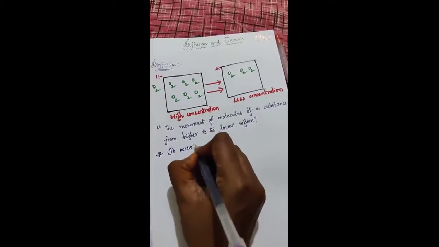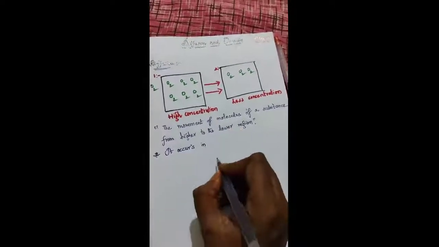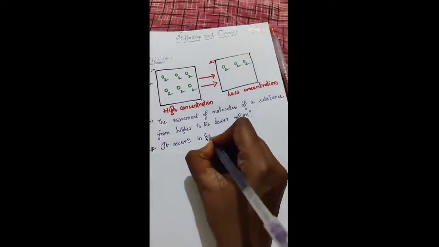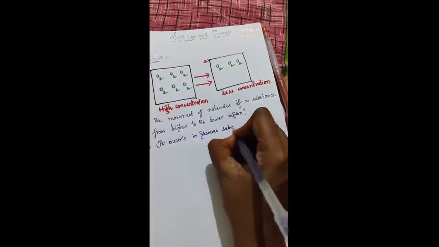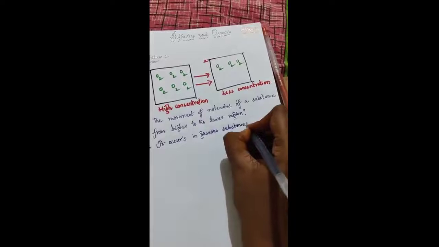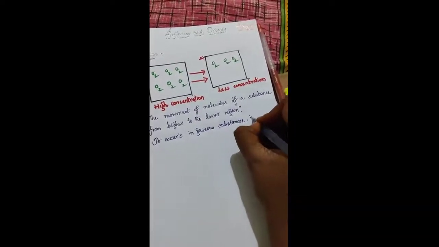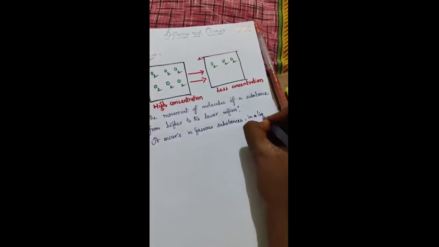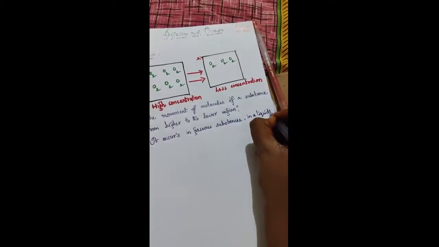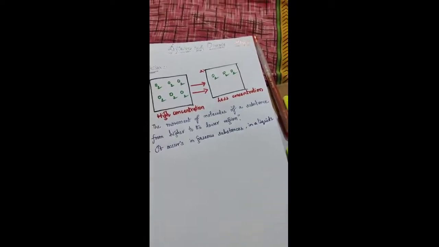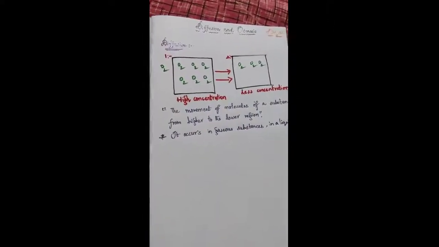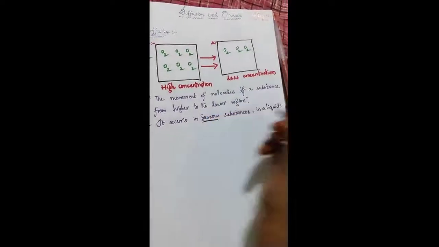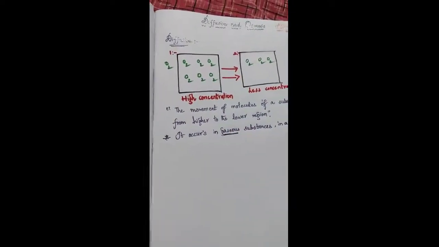mostly in gaseous substances, and sometimes it happens in a liquid substance. Substances are of 3 types, we all know it, isn't it? Solid, liquid and gaseous state of a substance. Okay, so here diffusion mainly takes place, underline it, mainly takes place in gaseous substances